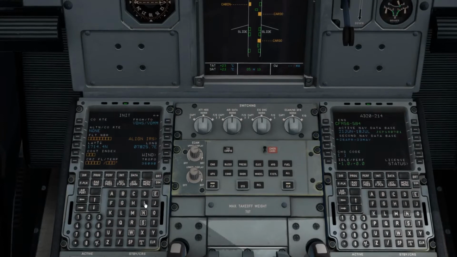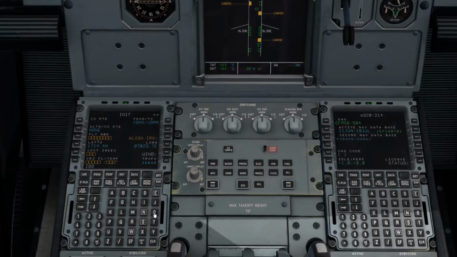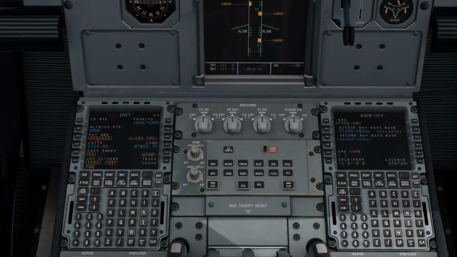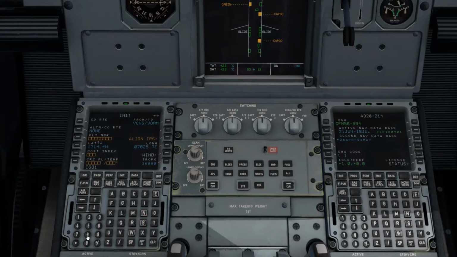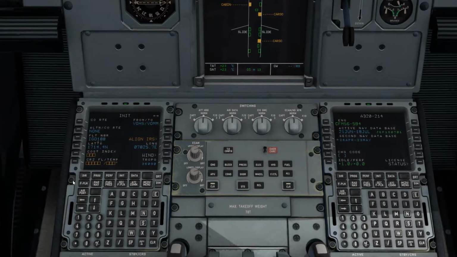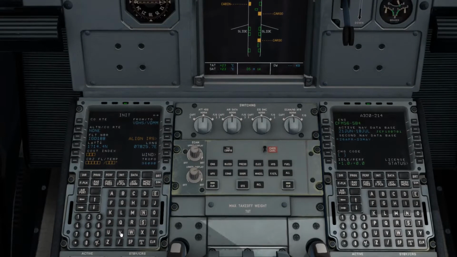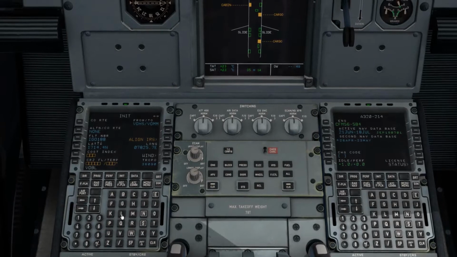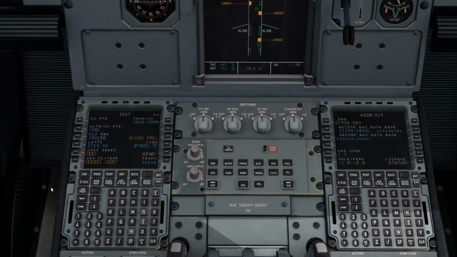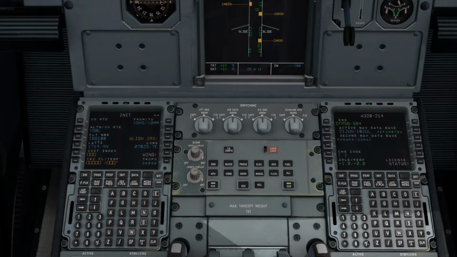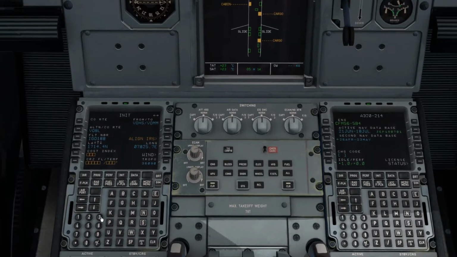Our flight number is IGO, Indigo, and the flight number is 188. Today our alternate airport is VOBL. Today cost index is 30,